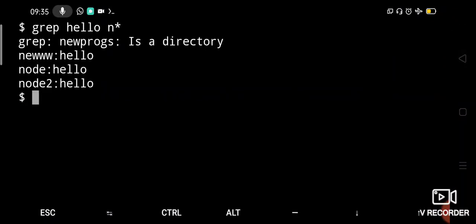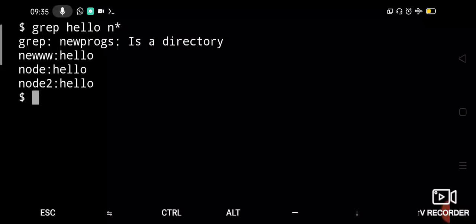So in all those files, it is saying new programs is a directory, which also starts with N, so it cannot have the word hello. But in new with 2 w's and 3 w's, the word hello is there. Node is there. Node2 also contains hello. So it is listing those lines.